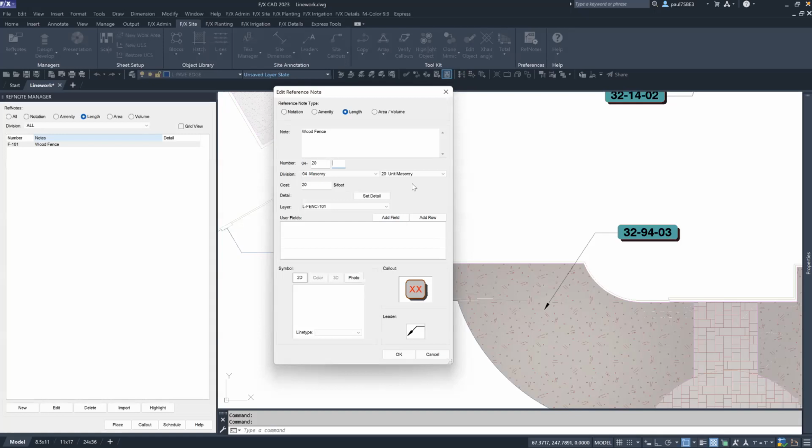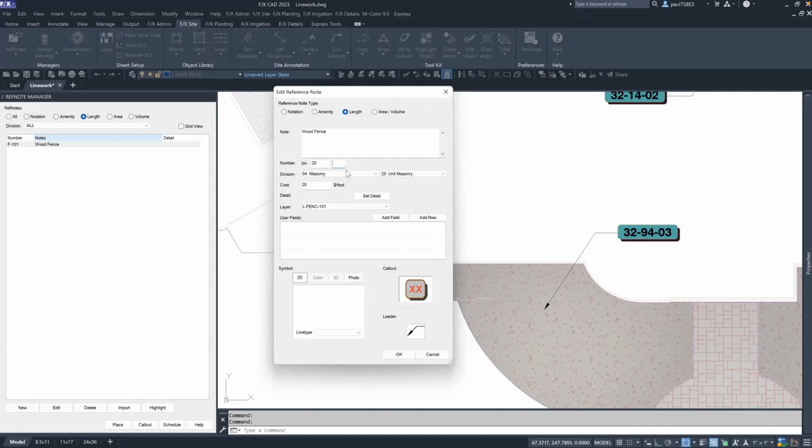So it's just really amazing how many different little types of plans and things that RefNotes can accomplish. So I am always amazed with it. And then we had, let's see,